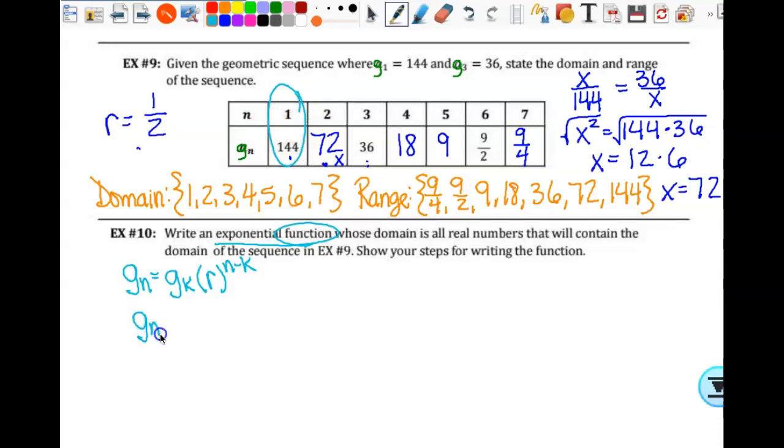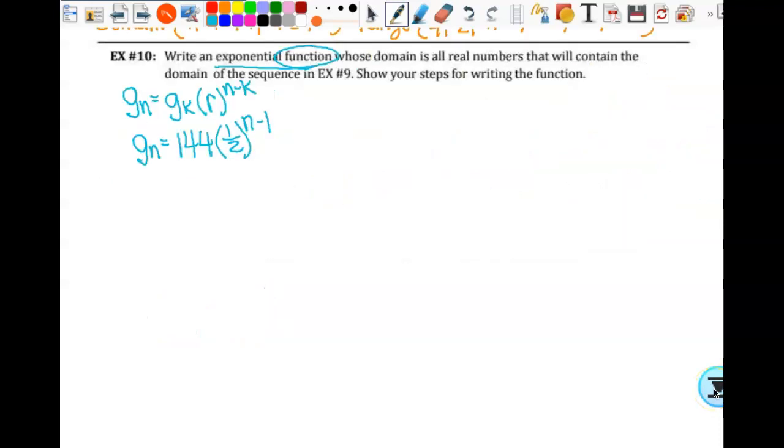So g sub n is equal to, what's g sub k? 144 times r, which is 1/2, to the n minus what? 1 power. Okay, so since I want it as a function, I've got f of n that's equal to 144 times 1/2 to the n minus 1 power. That's totally acceptable, but we have to understand how the other forms work, and we will look at some exponential rules and stuff a little bit later to look at it a different way, but f of n is equal